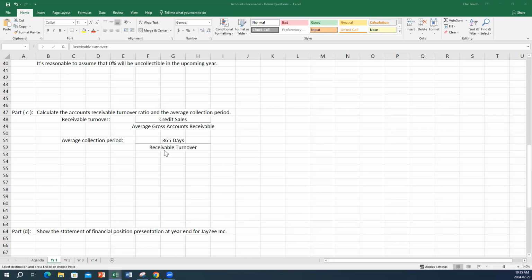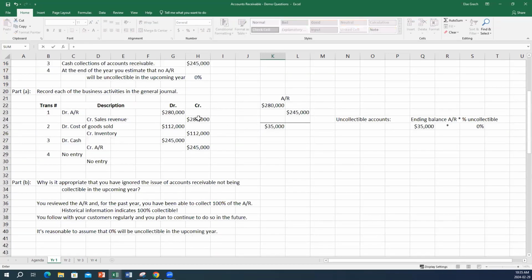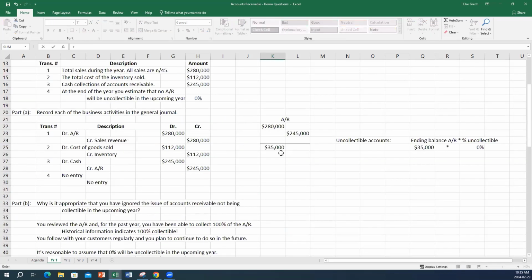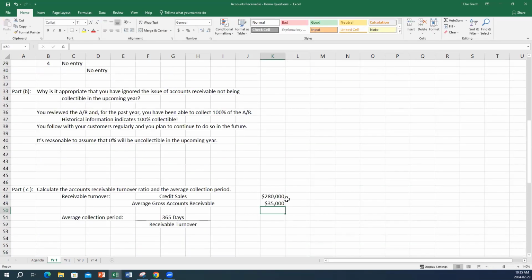So the receivable turnover really tests that. So let's just do the calculation here. We know that credit sales were equal to $280,000. Now, we don't have an average gross accounts receivable because we don't have a balance from last year. So we're just going to use this year's ending balance in accounts receivable. We're going to do the calculation, and we can see that this is equal to